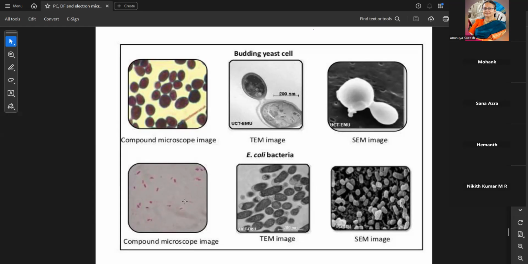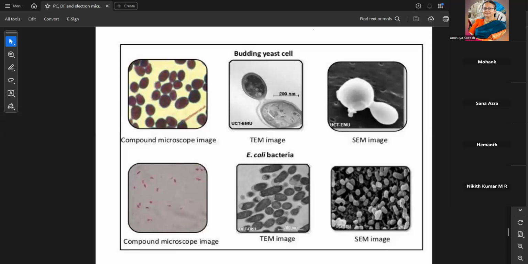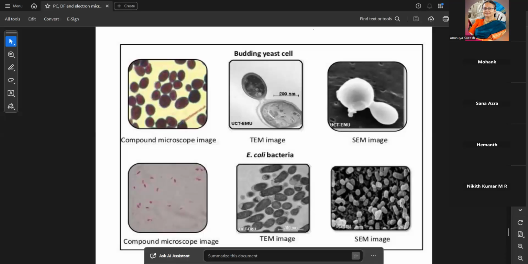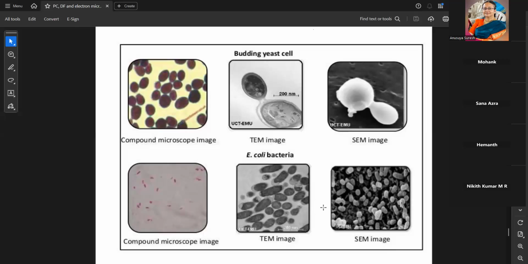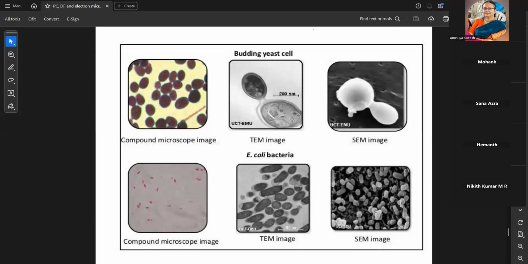Similarly, if you look at E. coli bacteria under a compound microscope, a normal light microscope, you will just see some pinkish red kind of cells here. You can't make out anything more. If you look at the SEM image, which is on the extreme right, you can see some capsule-like things. You can't see what is inside them, just the external structure. But if you look at the middle image, which is the TEM image, you can see inside those cells also some structures. So the depth is more in the case of TEM. Surface image is given by SEM. And both of these are definitely giving us better resolution and more information as compared to a normal microscope.